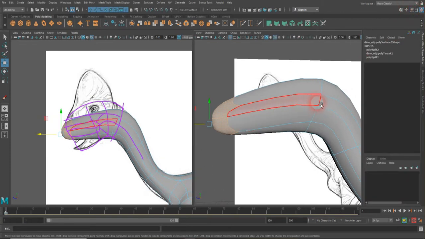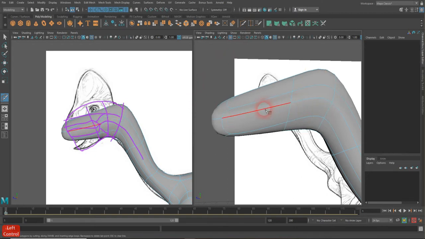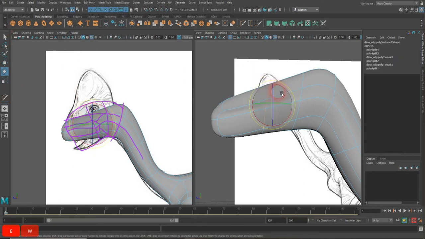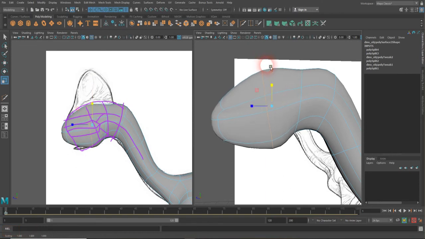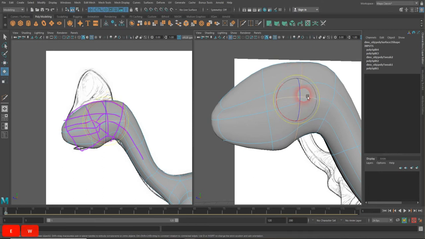Let me see, let me grab this edge. That one's just before the edge, so I mean they have to add 1 and 2 edges more. So let me do that. I'm gonna go and grab my multi-cut tool, try to add 1 edge loop right there, another edge loop somewhere here, and I'm gonna grab this edge loop and rotate it around. I'm gonna scale it up to try to give it a bit of shape that it will have, and grab this one and do the same thing, move it, rotate it a little bit,